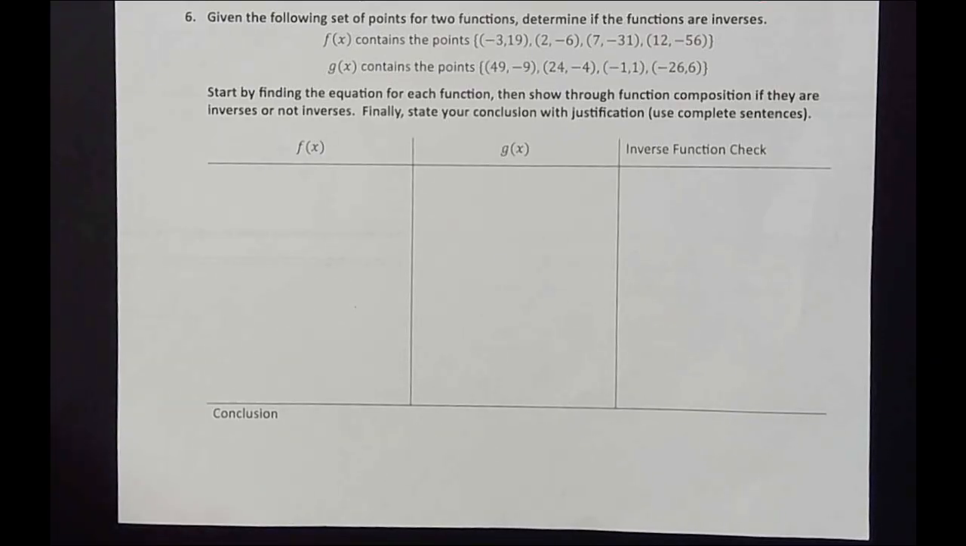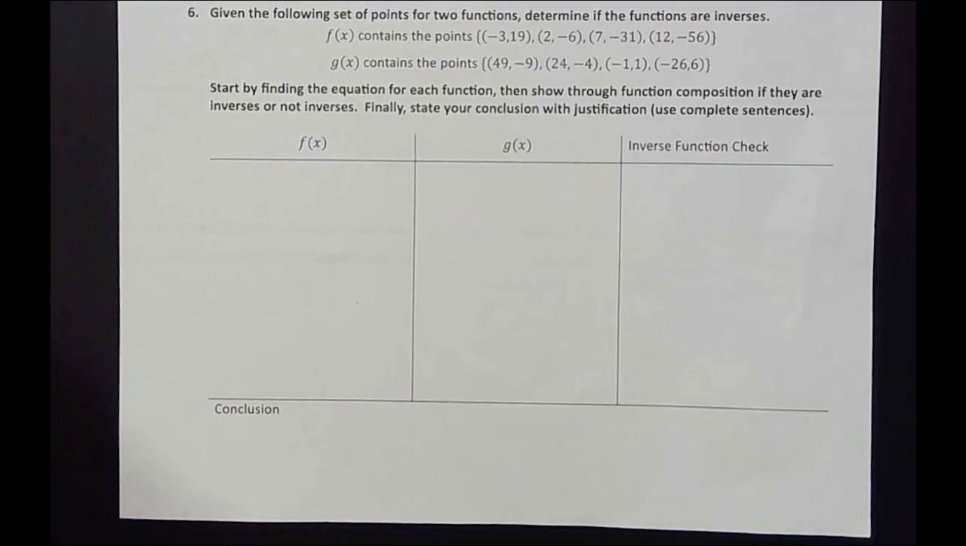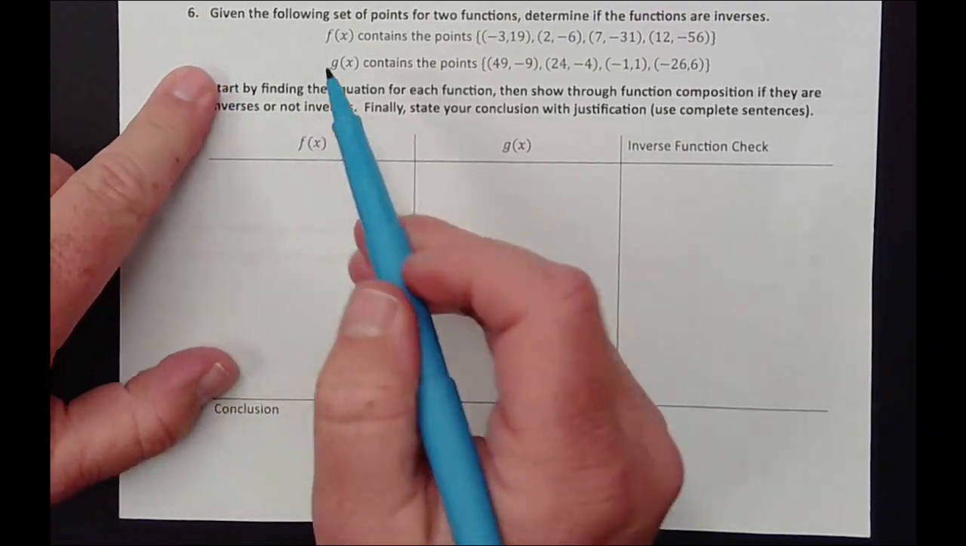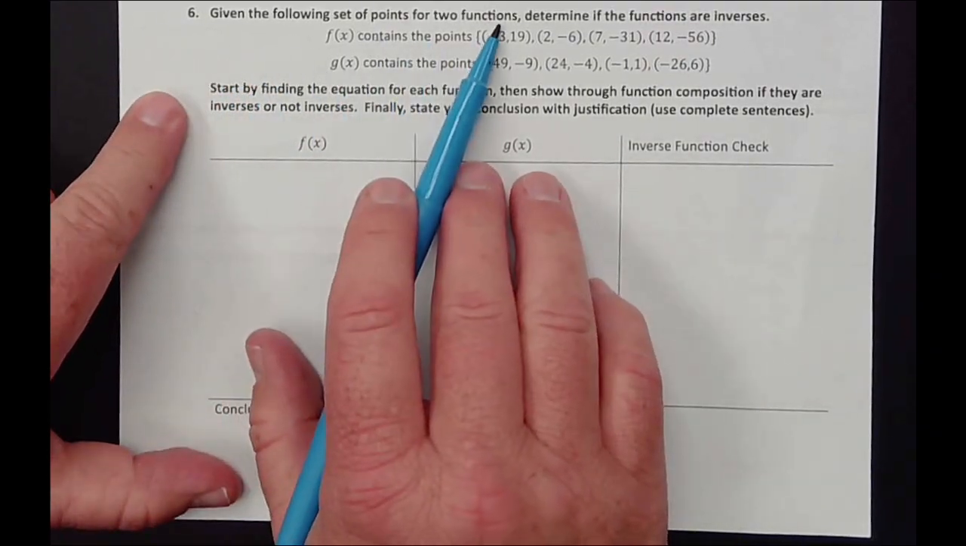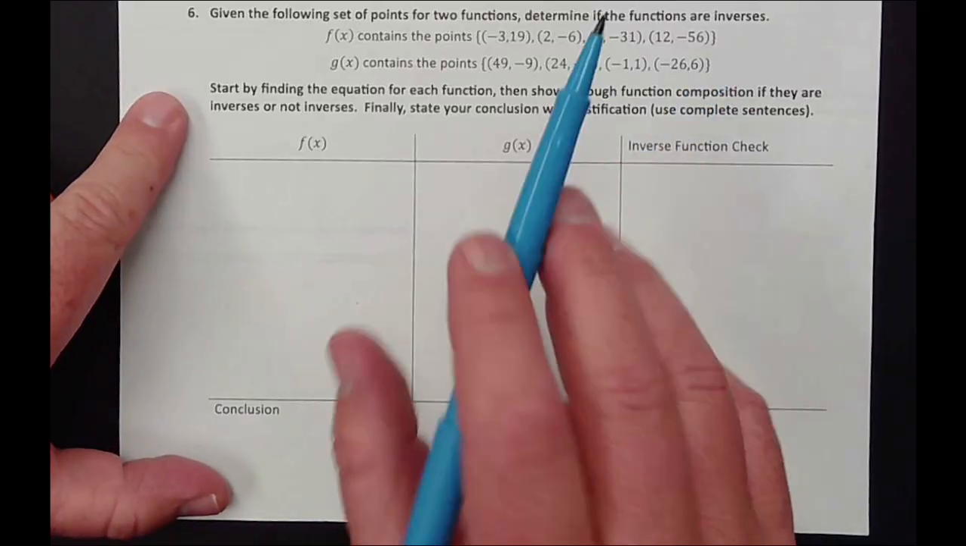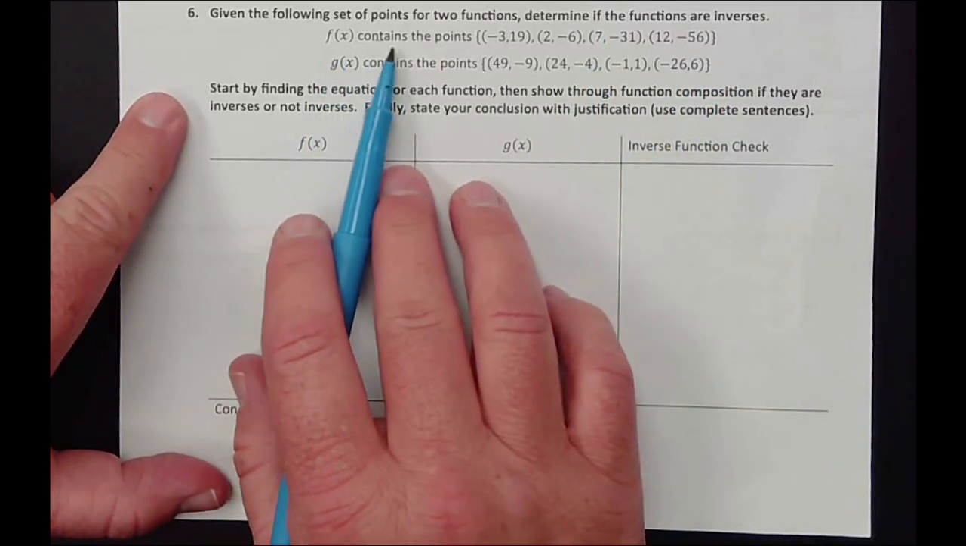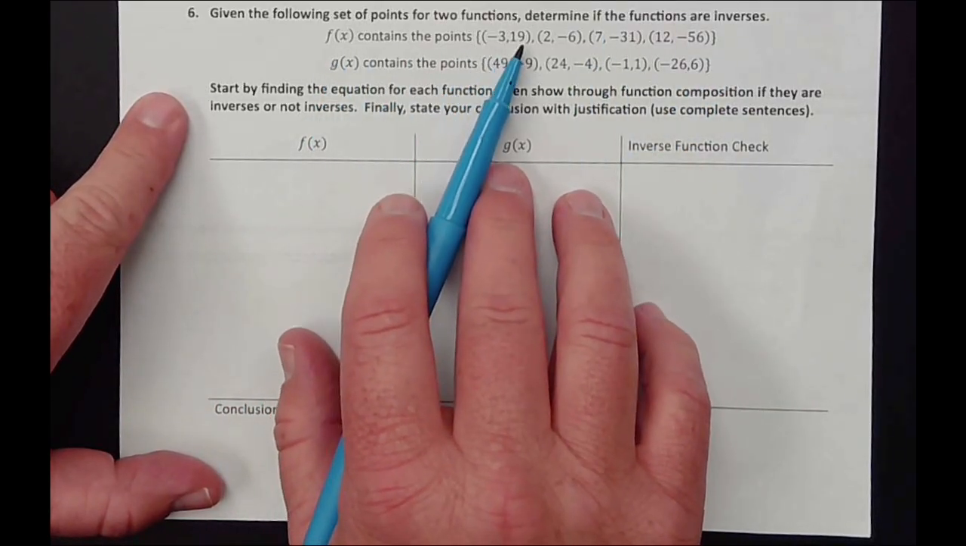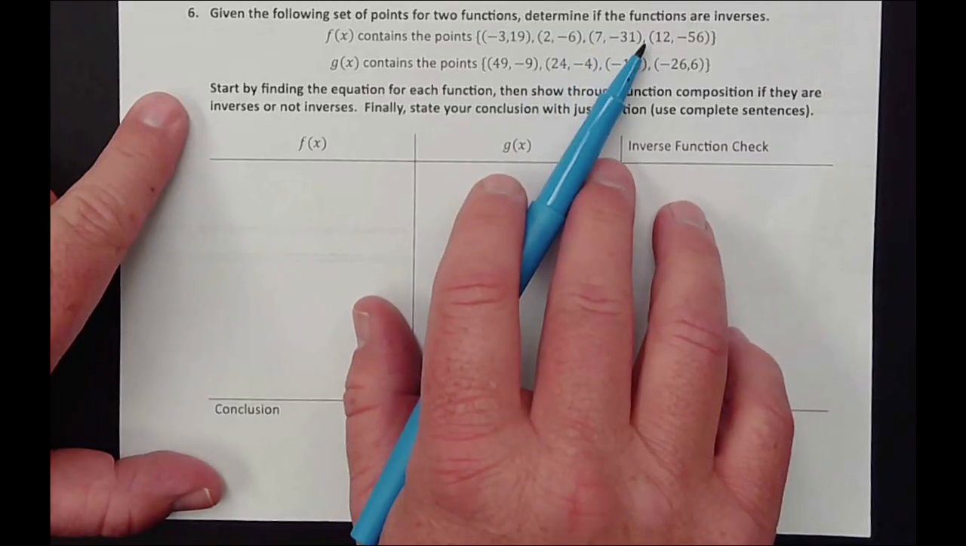Okay, welcome to the video covering question number 6 on inverse functions. This is from our proving inverse functions set, part A. For question number 6, it says, given the following set of points for two functions, determine if the functions are inverses. So here I have f of x contains the points (-3, 19), (2, -6), (7, -31),